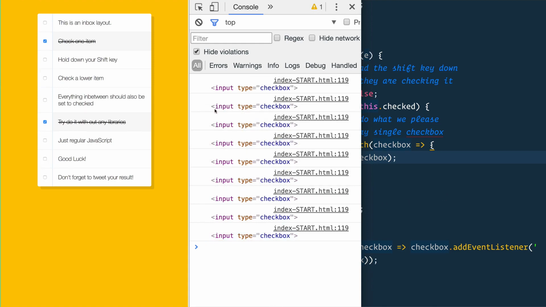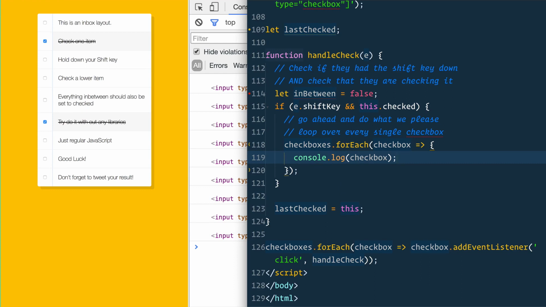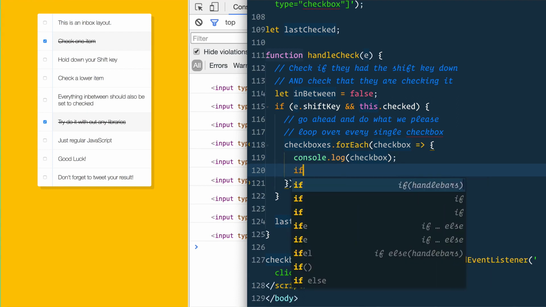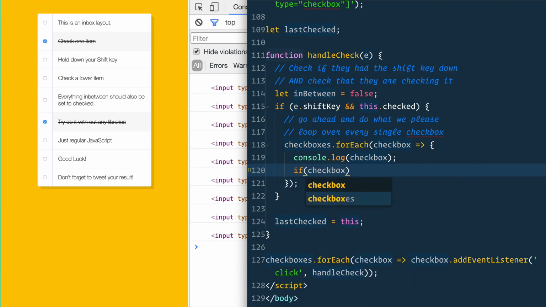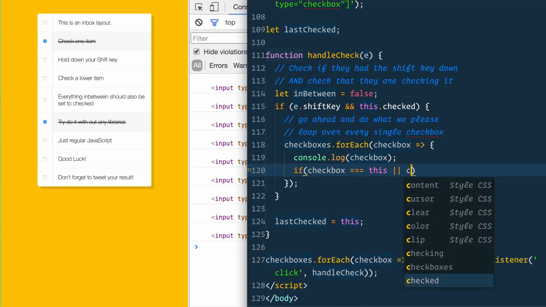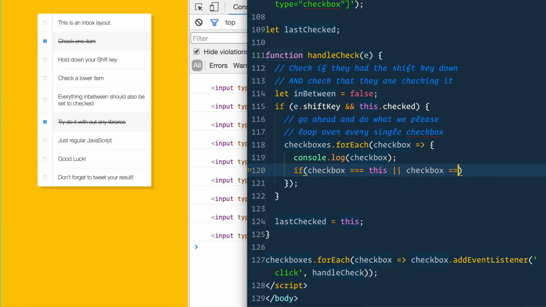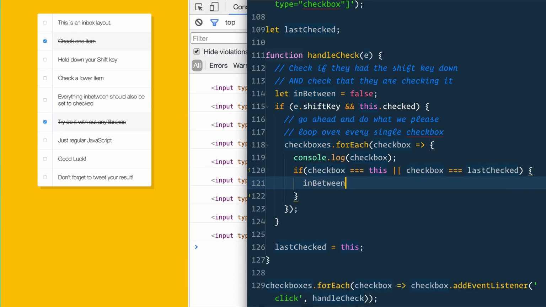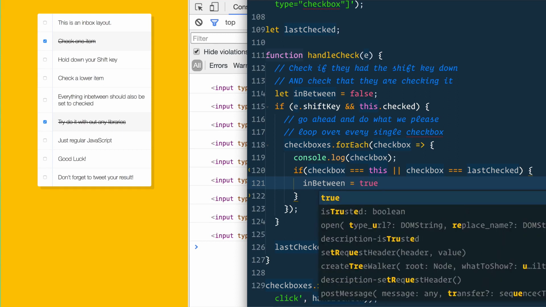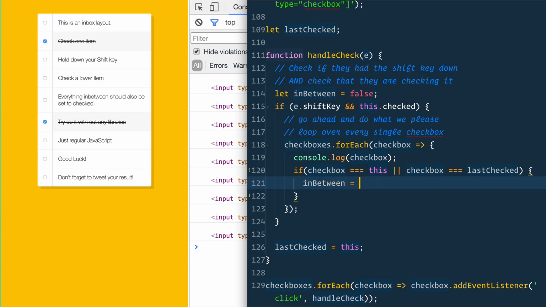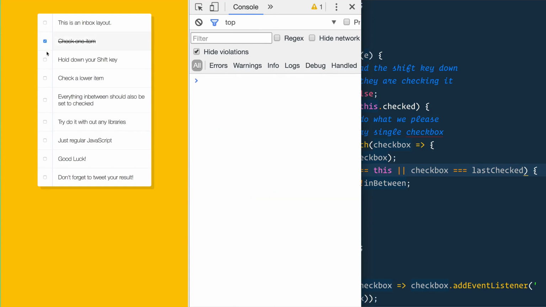Now we need to figure out, as we are looping through this, we've got to set this in between variable to true. And the way that we're going to do that is we say, if checkbox is equal to this, or checkbox is equal to lastChecked, then inBetween is, we normally would say inBetween is equal to true, but since we want it to go both ways, we set inBetween to the opposite of itself. What? Okay, let's go through this. One sec. If the checkbox is equal to this,